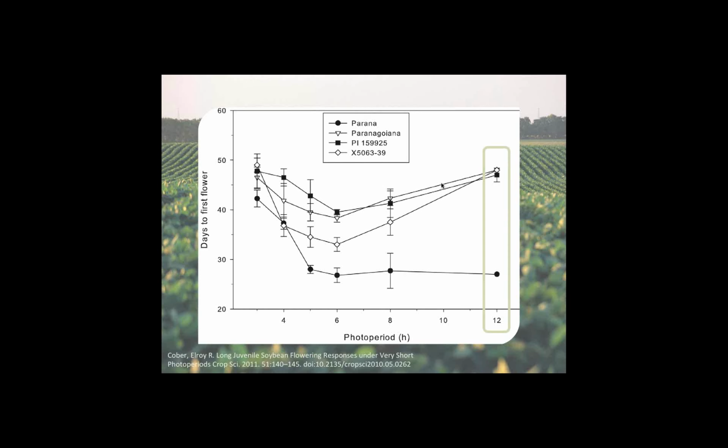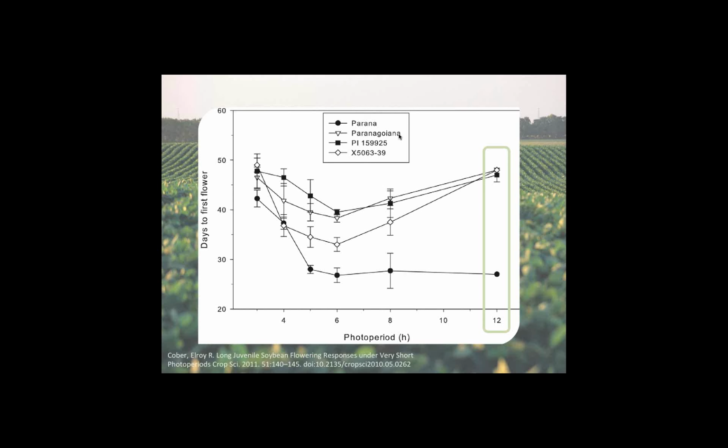So I would also want to talk about the three different long juvenile lines shown here. Pranagoyana, which is the natural variant of Parana, so it's going to have the exact same genetic background as Parana; PI 159925; and this X line, which was created by using Pranagoyana as a long juvenile donor and backcrossing it into an early maturing Harosoy isoline. So although they all have similar phenotypes at 12-hour photoperiods, which is the crucial photoperiod that